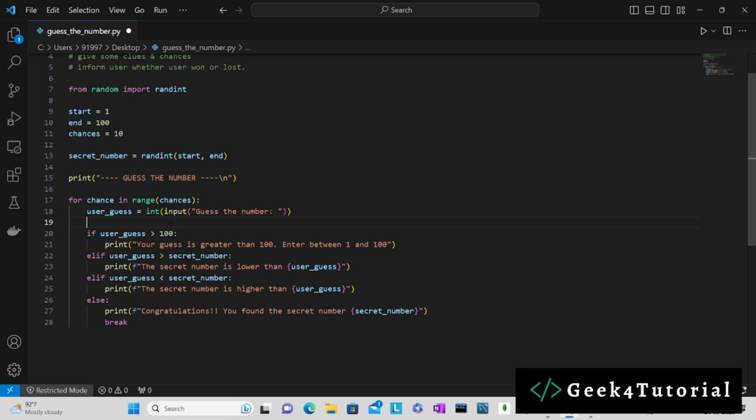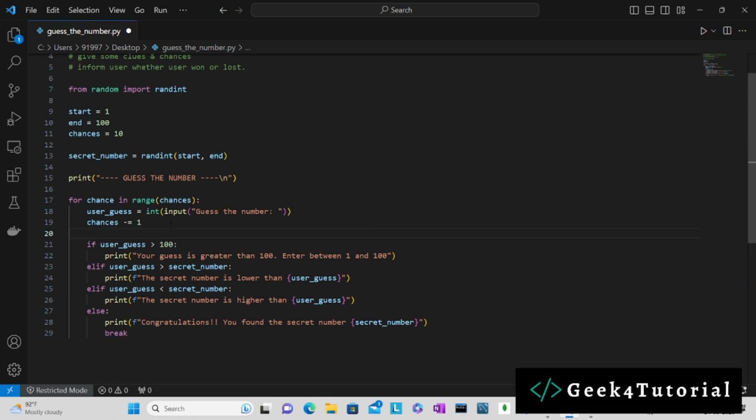The second time it is going to be 9 chances, and the third time 8 chances, and the fourth time 7 or 6 chances left. The chances need to be reduced by the time he completes the guess. So we are going to reduce it by 1 every time it runs, and then we are going to print a message like,